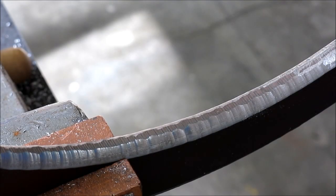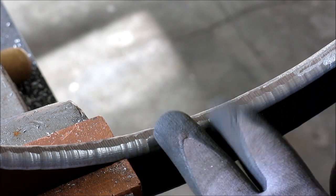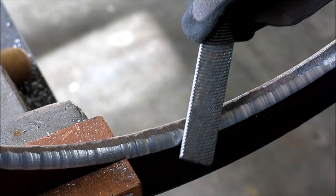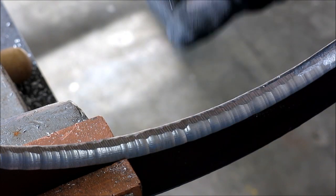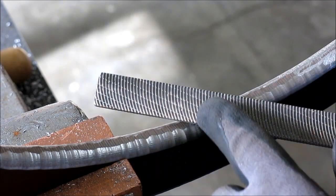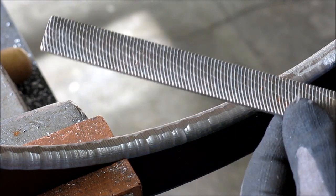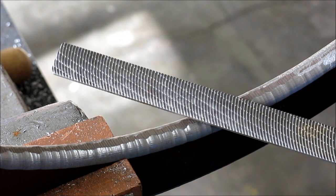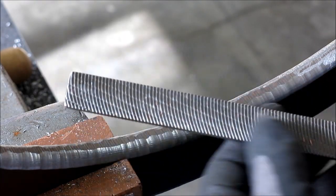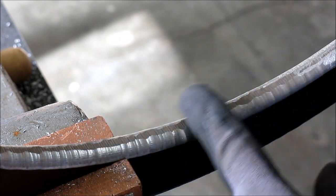Okay, what I wanted to show was I'm doing a little bit of hand work on these spokes for the hand wheel, and this was the finish that was left from the router bit. It looks pretty gruesome from a machining standpoint, but what I wanted to do was show you what it takes with a file to clean that up. Now this is a Nicholson Super Shear, and it's kind of this free cutting flat rasp. I don't even actually know how they describe it, they just call it a Super Shear, but to me it's like a rasp. It's kind of for soft metals, and this is fairly soft steel. But the chip's clear. It's got these little chip breaker notches in it, and the chips break and it doesn't load up. But let's do a little filing on this section here, and you guys will get a sense of